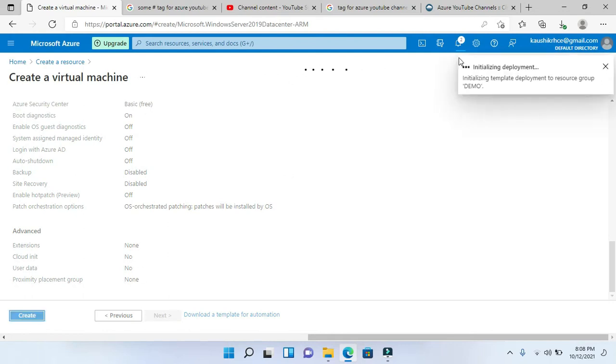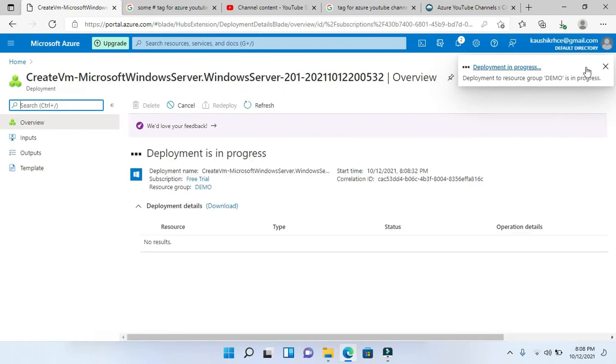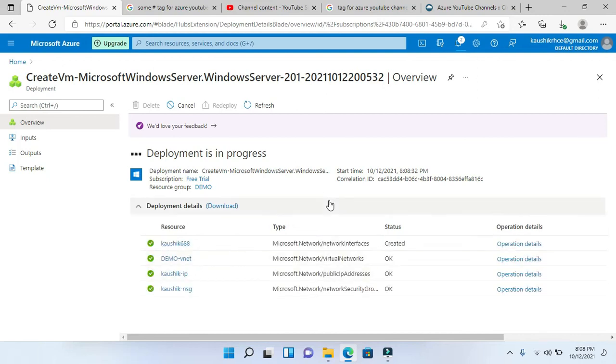The initial deployment is in progress. From here you can monitor. This is a pretty cool feature of Microsoft Azure, because from here you can see everything, whatever process or progression is going on. You can see deployment in progress. Here are the deployment stages: VNet and resource group, and WSDIX information, WSDIX creation, and VM compute creation. Everything will come.